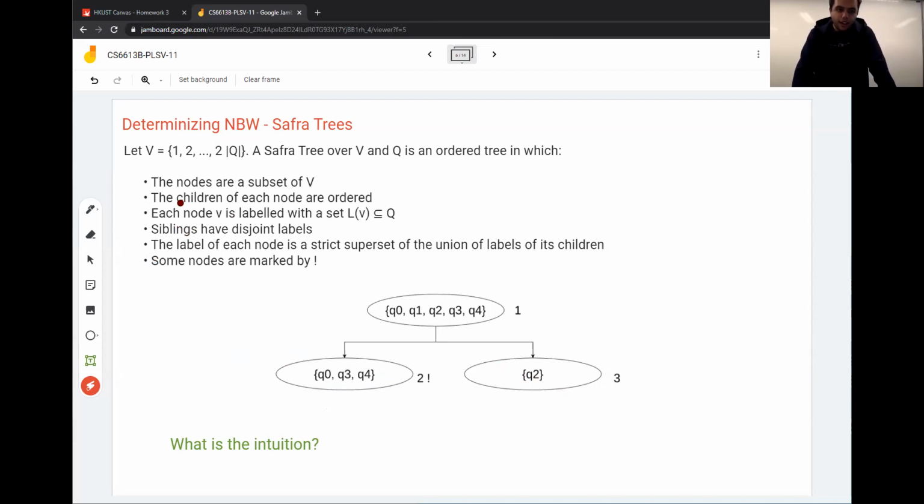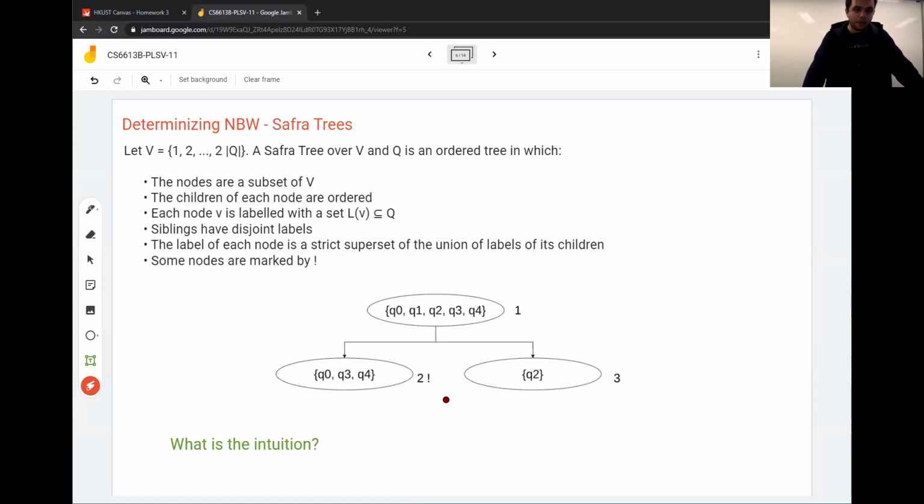And then other than this, each node in this tree is also labeled with some subset of the states in the original automaton. So for example, here, node 1 is labeled with Q0 to Q4, and node 3 is only labeled with Q2. So every node of this tree corresponds to a subset of states of the original automaton. Now we have some